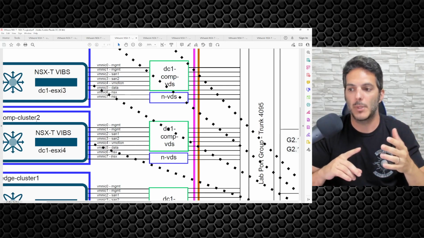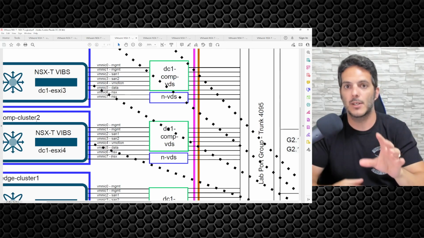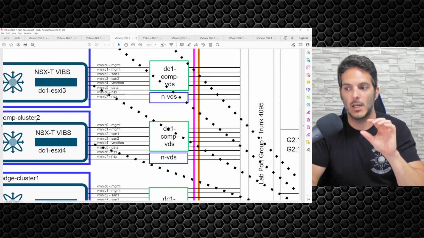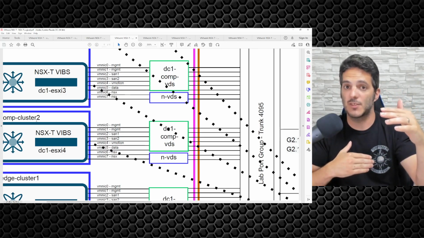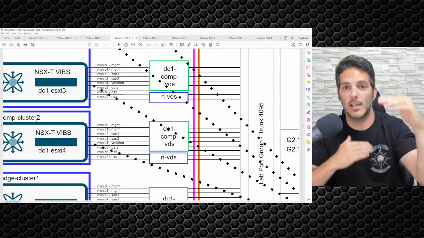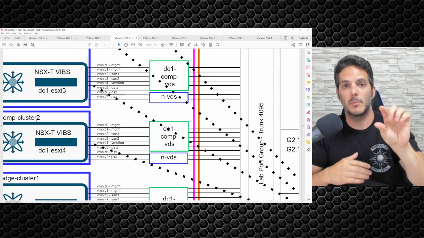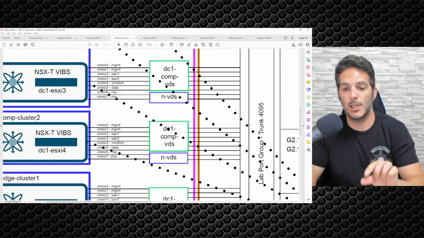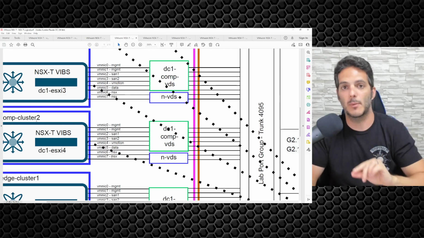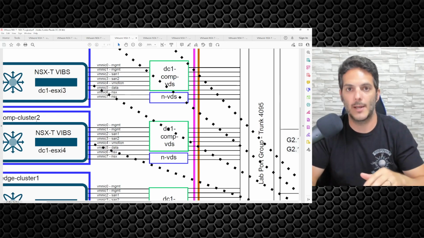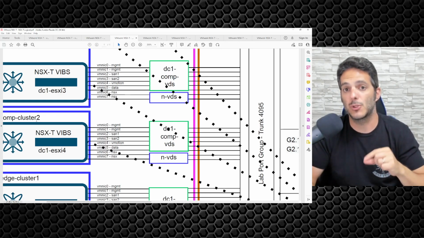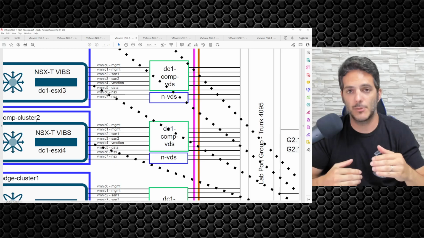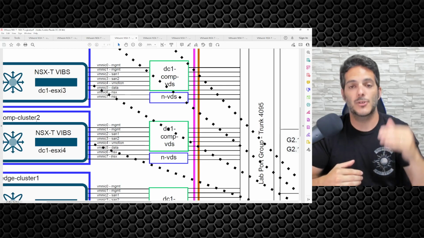deploy. Because I've had a lot of customers that only want to deploy NSX on a couple of hosts in a very large cluster. In NSX-V, you couldn't do that. You had to deploy to every host in a cluster or be selective in which hosts you did, so you might have to pull a couple of hosts out of a cluster. In NSX-T, you don't have to do that. You can simply deploy to whatever specific host you want to, instead of doing a cluster level deployment with a